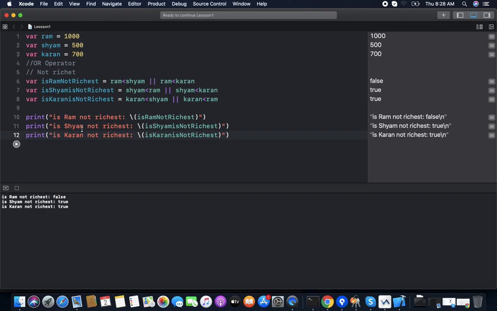Now you can see is Ram not richest false, because if we check Ram less than Shyam, no. Ram less than Karan, no. So both are no, so it returns false. In the condition of Shyam, is Shyam less than Ram? True. Shyam less than Karan? True. So it returns true. Is Karan not richest? Karan less than Shyam? False. Or Karan less than Ram? True. So if any one is true, then it returns true. So we can write this for all operators.